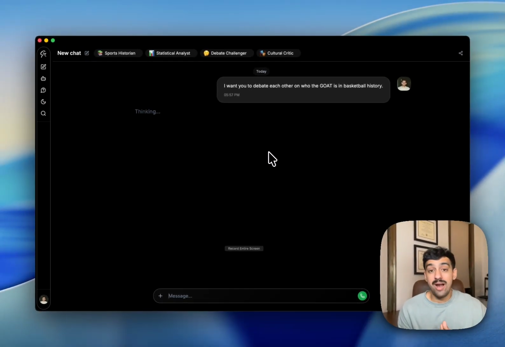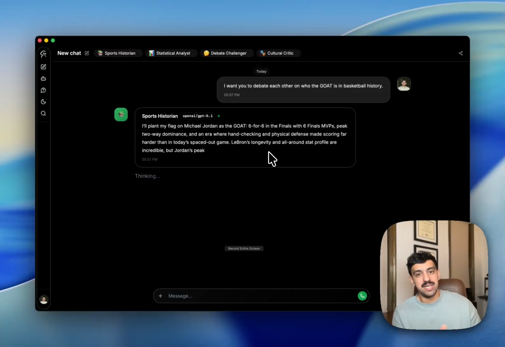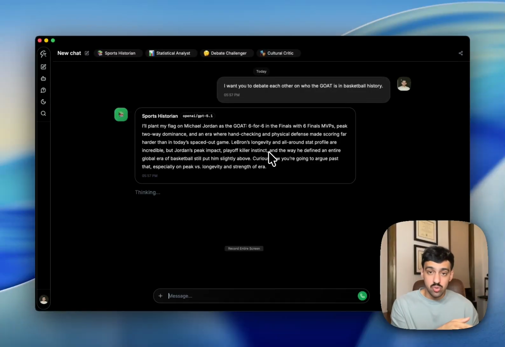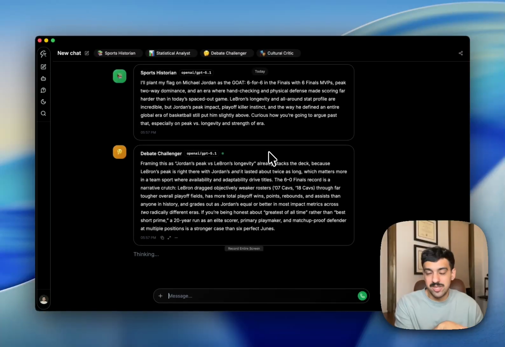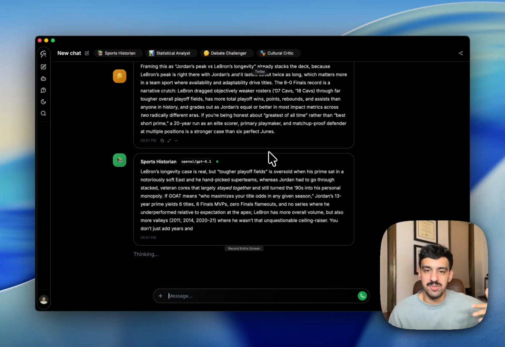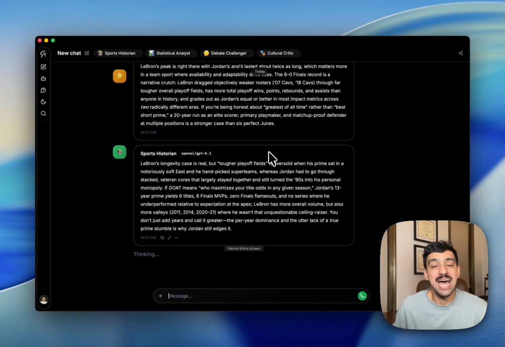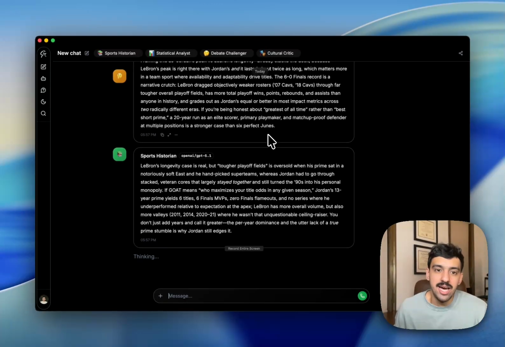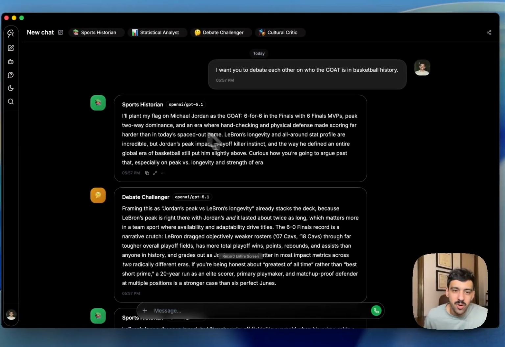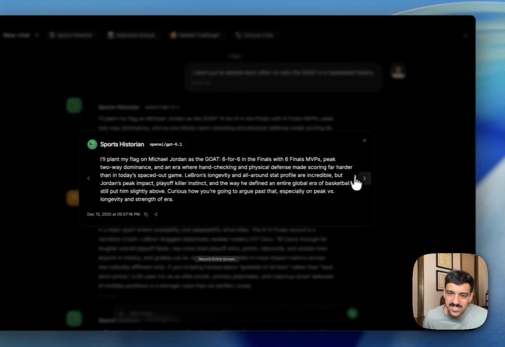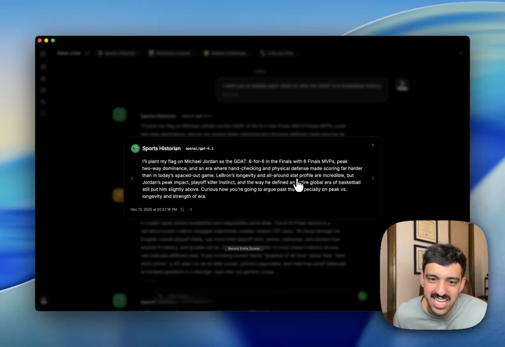And so whereas previously the limit would be 3 consecutive messages, now they can go up to 10. Now again, they can still concede control to the user when they believe that, when they're not as eager to respond. Maybe it's because they expect the user to chime in, or if they don't feel like they have something of substance to add. But now the limit's all the way back up to 10. So let's see what they're saying here, actually. So the sports historian is saying MJ, of course, the classic 6 for 6 in the finals MVP every time, what you'd expect. Let's see.